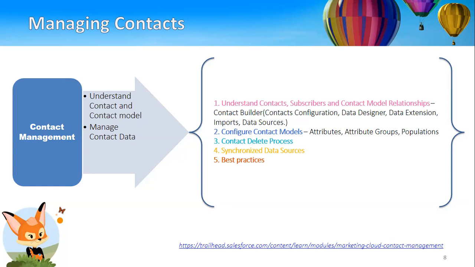Once your contact record count moves beyond 2 million and keeps increasing gradually, maybe this week it reaches 2.1 million, 2.2 million, and so on, then what happens? Salesforce will come back to you and tell you that the contract you have signed with them is for 2 million, but it is increasing now. So you need to pay some extra amount based on the contract you have signed. There may be some amount linked to each and every contact, so based on that they would ask you to pay the extra amount.